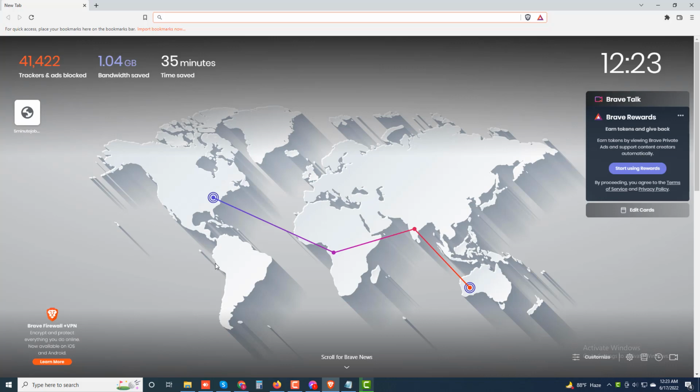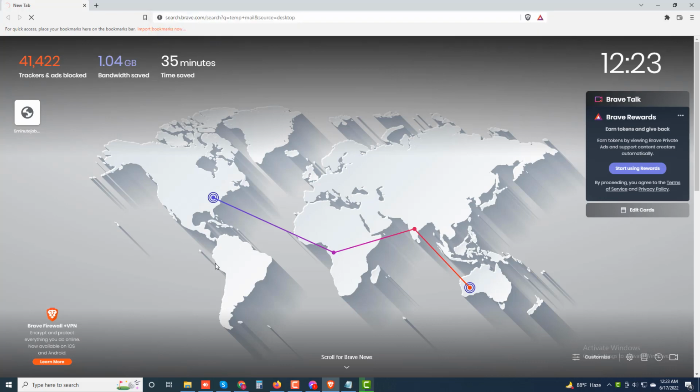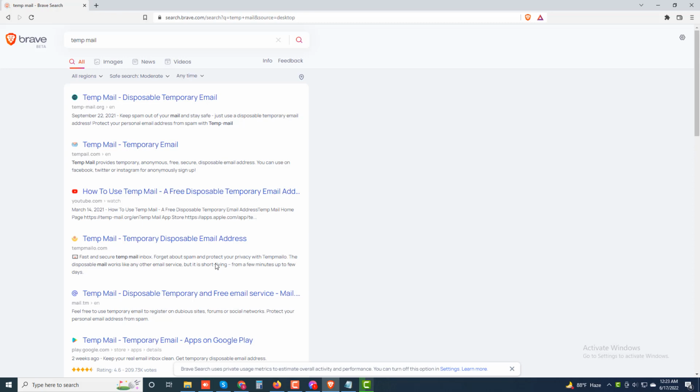Today I will show you how to create a temporary mail. First, go to the browser address bar and type temp mail. Then you can see temp mail, disposable temporary mail. Click this link